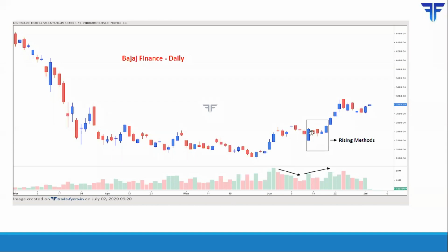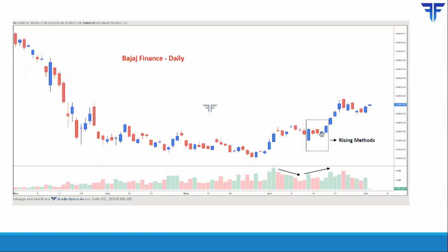The first candle was a tall bullish candle, which took the shape of a bullish belt hold line as well. Then this tall bullish candle was accompanied by consolidation candles over the next 3 days, during which the body of each of these candles from day 2, day 3 to day 4 was contained within the range of the body of the first candle. And on the final day, you have an opening that is above the low of the previous candle and a closing that is above the high of the first candle. So this completed the rising methods pattern.